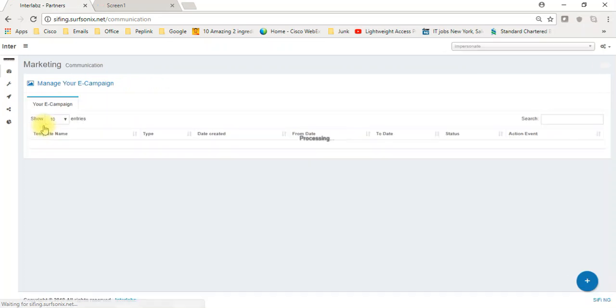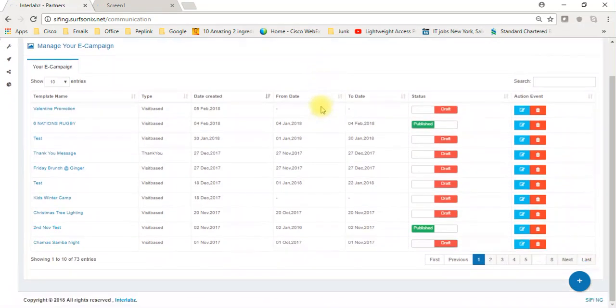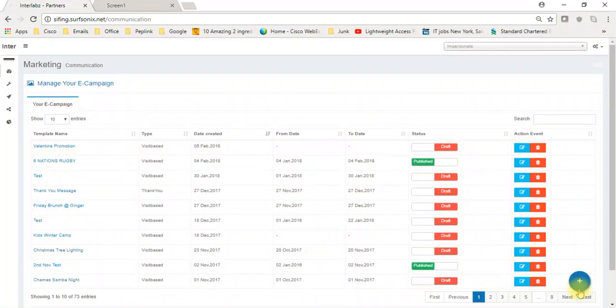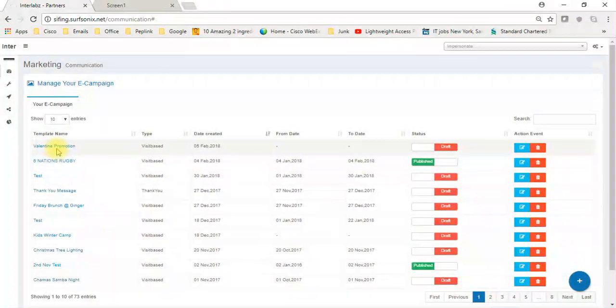Let me go to the campaign manager first. Next thing, marketing. Here you can design the campaign or the e-shots depending upon your requirement. You can define the campaign name, you can define the campaign type, okay, and select the parameter type for the campaign, like visit base, birthday, top customers, or thank you message. Now let me go to the first one,